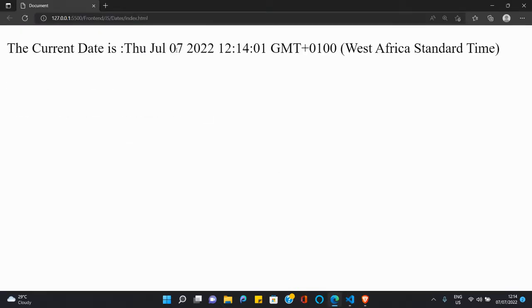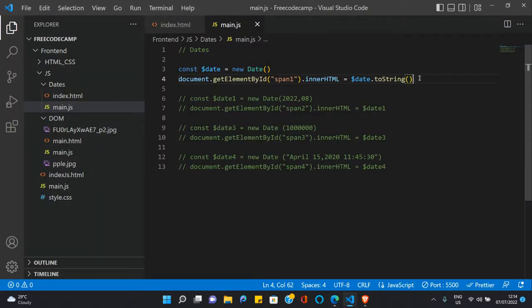Okay, actually it doesn't change anything here. We still have this to be Thursday, July 7, 2022. Then 12th, that's the 12th hour, the 14th minute, and the first second. So you can see that this actually changes even after we've reloaded this page. So the toString here doesn't really give us much difference. So let's try another method,